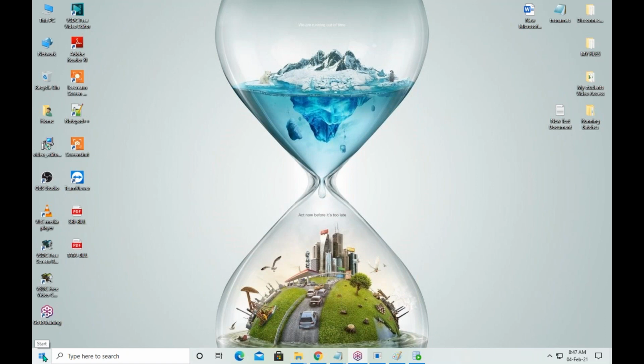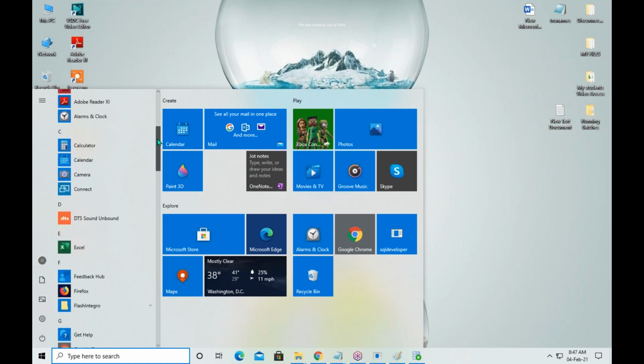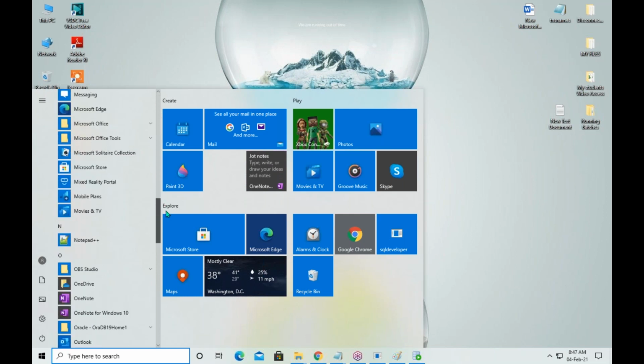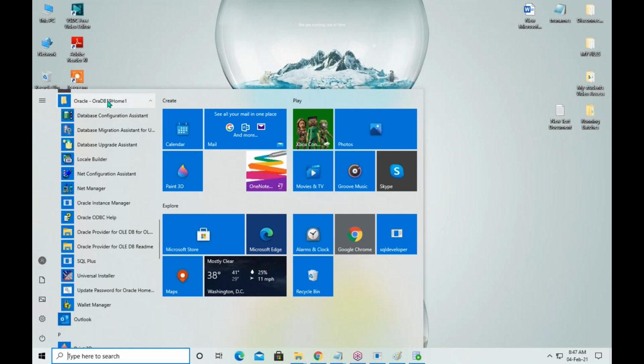Go to Start, and in all programs, switch to the Oracle folder. Under the Oracle folder, select SQL Plus. This is one method.